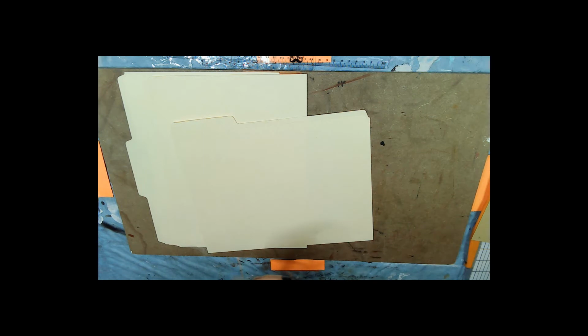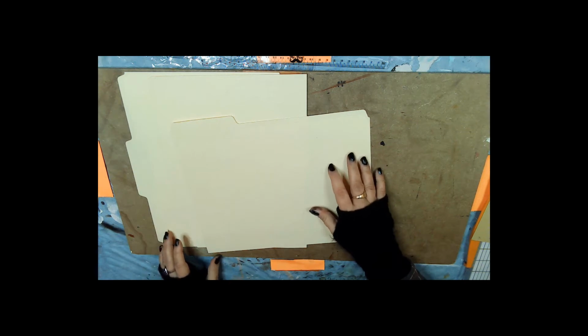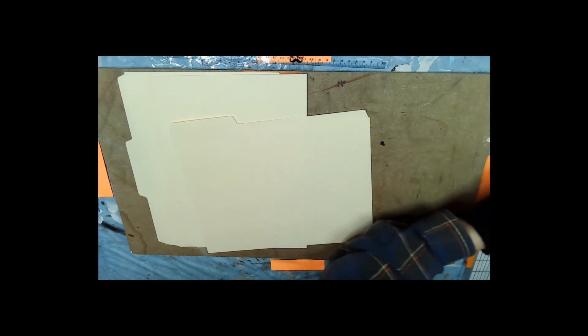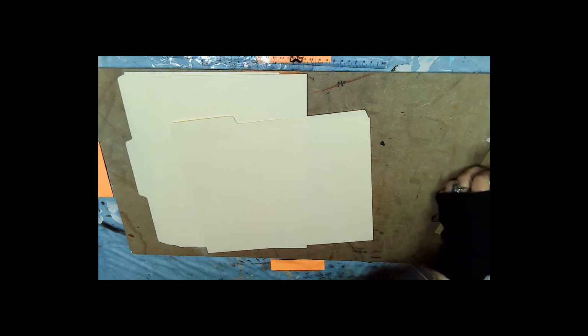Anyway, so you're going to need some sort of templates or enough pockets and things that you won't need templates. Those are optional. You're going to need some envelopes. You got a bunch of stuff sitting on top of them. Now, the envelopes you're going to need,